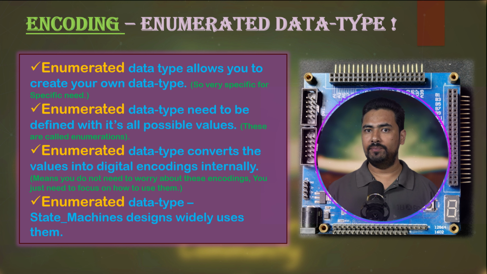So here are some key points. Number one, enumerated data types enhance code readability, but they have an underlying hardware representation. N flip-flops are generally required for 2 to the power n enumerations. The specific encoding scheme might differ based on the synthesis tool and settings. Understanding this hardware representation can be beneficial when you are designing complex VHDL code and optimizing resource usage.